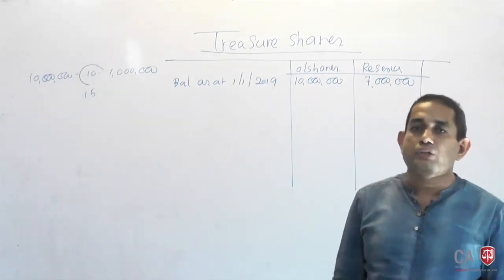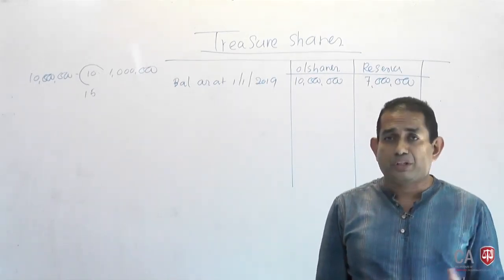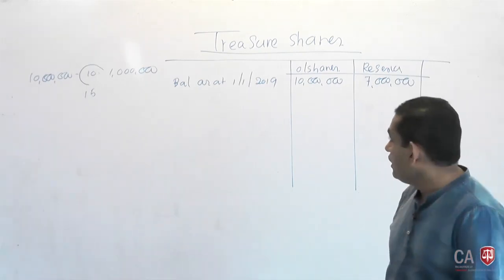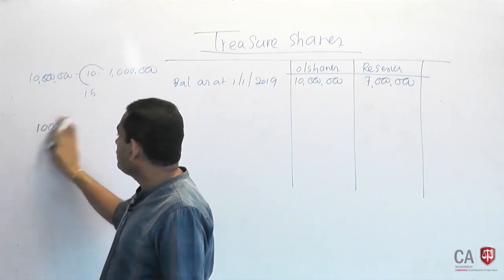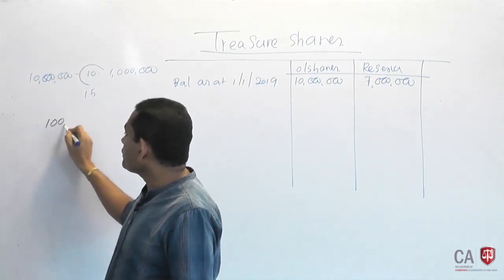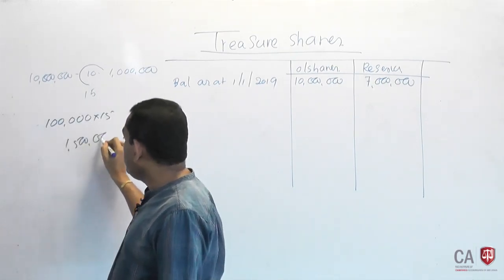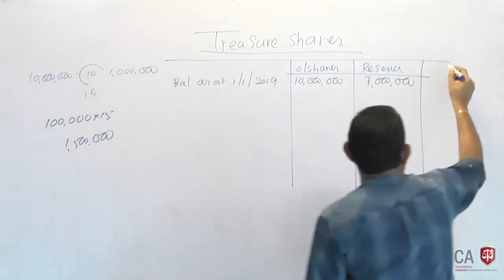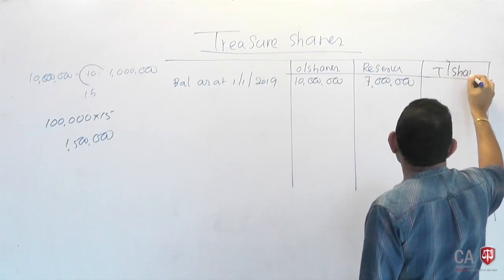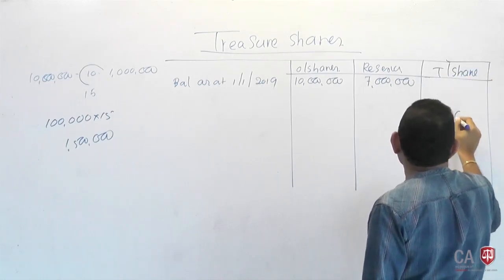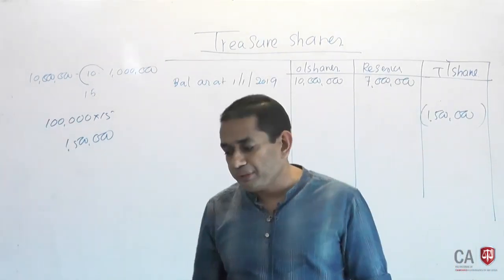LKS 32 says losses or profits on share repurchase, treasury shares need not be recognized. And if you decide to repurchase 100,000 shares at 15 rupees, it is 1.5 million. This is recognized in a separate equity item, treasury shares, 1.5 million, a debit balance. So, nothing else is required.